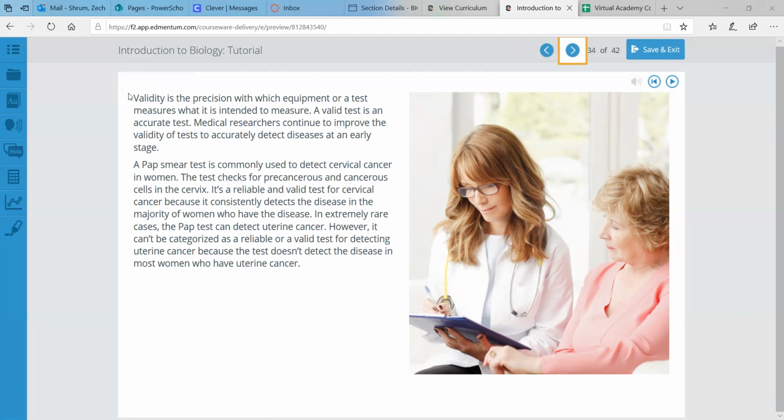Yes, then it has validity. And a valid test is accurate. So you want to know that it's testing what you want to test reliably, you know? Yeah, a reliable or valid test